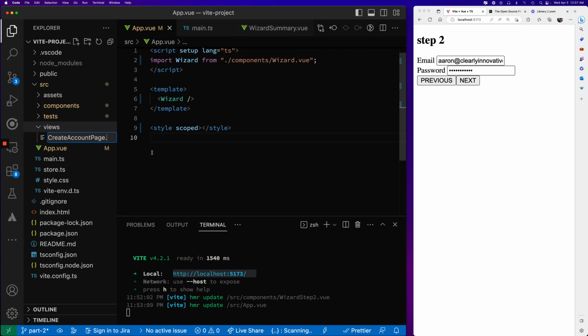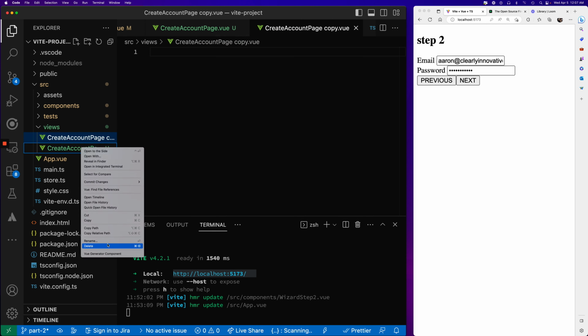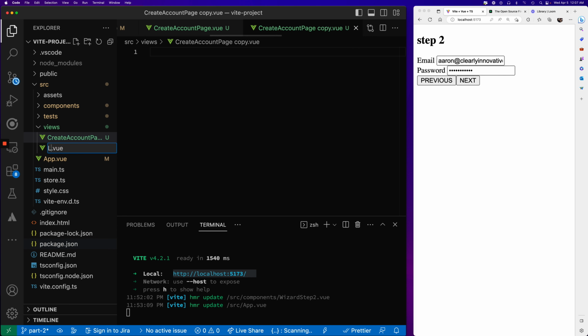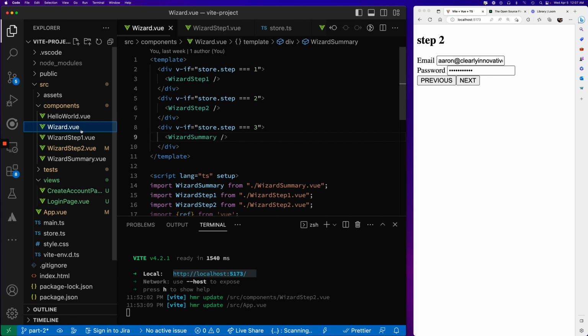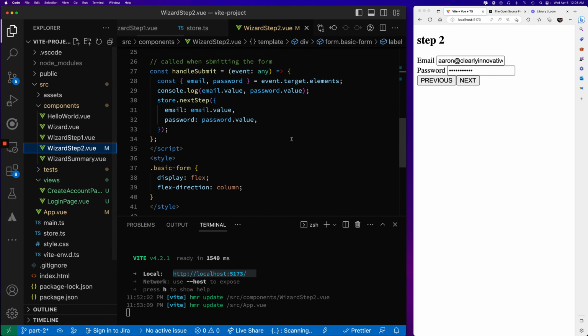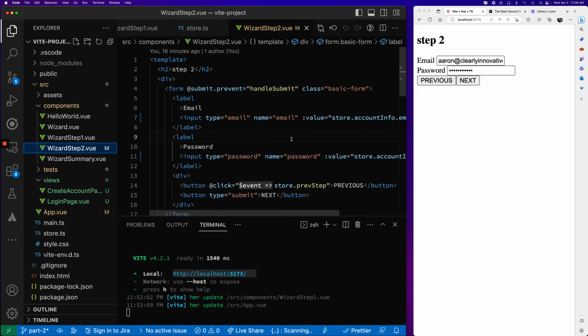So we know we need that page, and then we'll make another one, login page. Those are our two pages, and then we'll look at our wizard. Let's go to our component, and we know that one is step 2. Sorry, it gets email address and password, which is basically what we need for our login form. So we're going to copy this code,